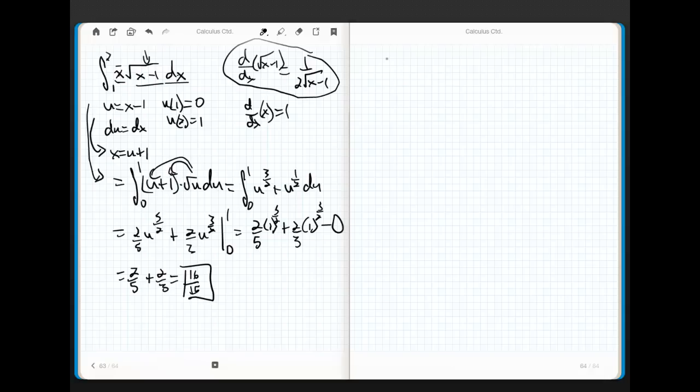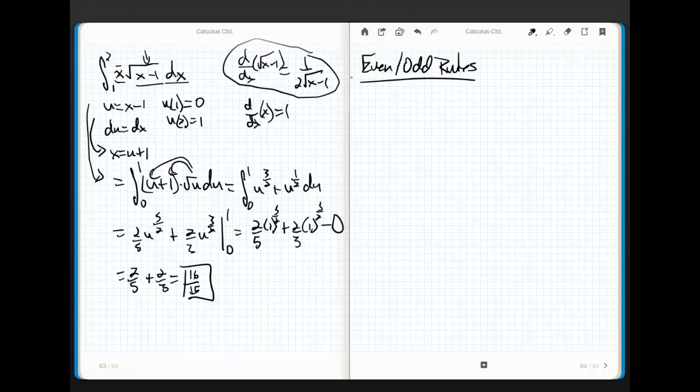be done with the semester, which is really cool. All right, let's go: even-odd rules. These are just kind of thrown into this section. I don't really know why your author chose to put them in here, but I want to make sure that you get them. All right, so part one: if f is even, which implies that f of negative x equals